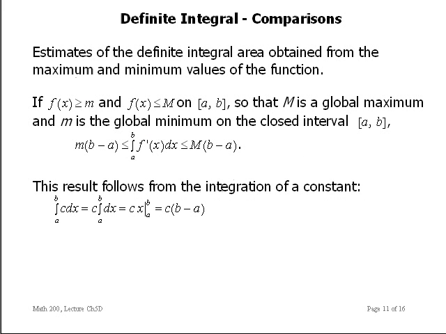We can use the global max and the global min of the function to obtain an upper and lower bound for the value of the definite integral. So let's say f is greater than or equal to some number little m, and it's less than or equal to some number big M. Then I know the integral of the function on a to b is